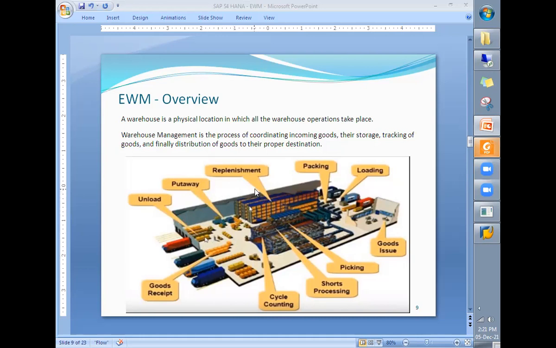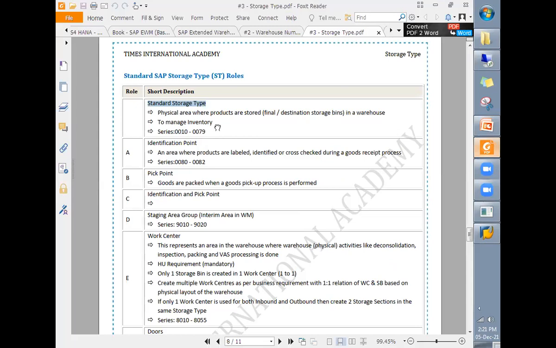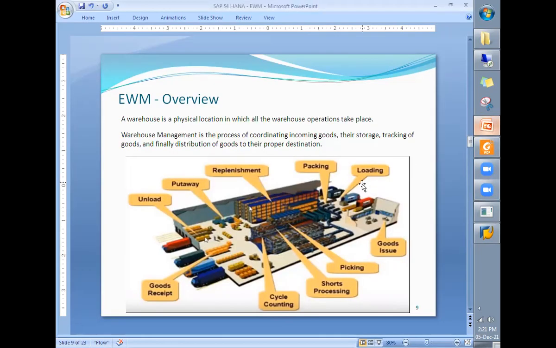Depending on the purpose or the activities carried out, roles are assigned to such areas. For example, a standard storage type means this role is assigned to those areas within the warehouse where the products are actually stored.